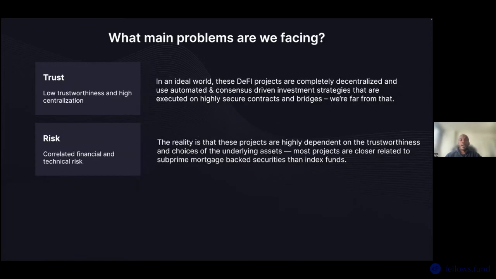Okay, so what are the main problems with this? I think, in an ideal world, all these projects are essentially decentralized and automated, but we're very, very far from that right now, right? So you're essentially giving your money to someone and you're hoping that they invest on your behalf. And, as we see with Terra and Luna, there's a lot of downsides to that that haven't been considered from the